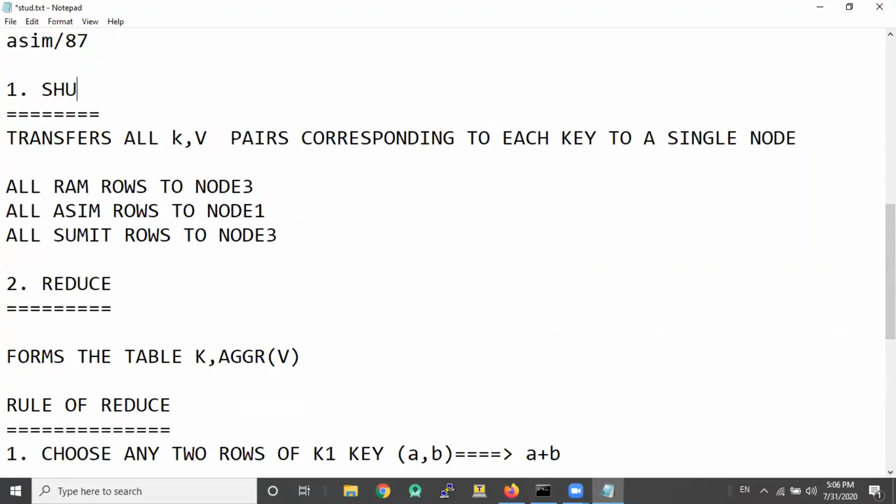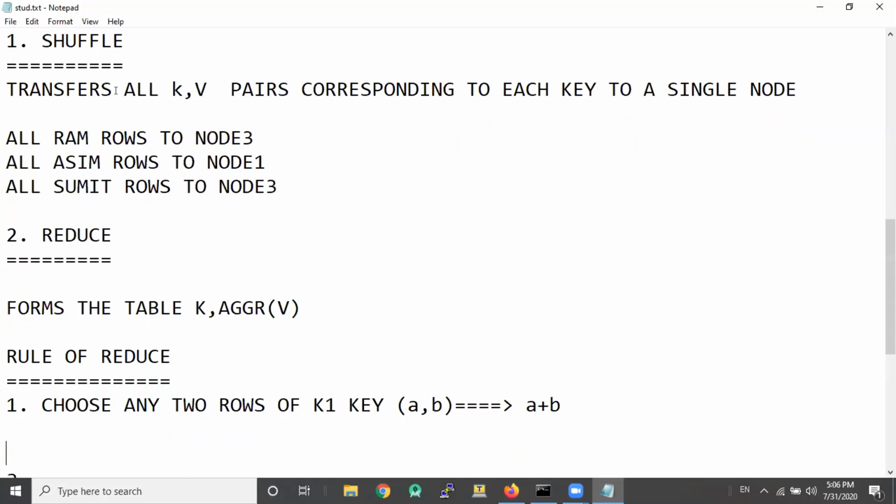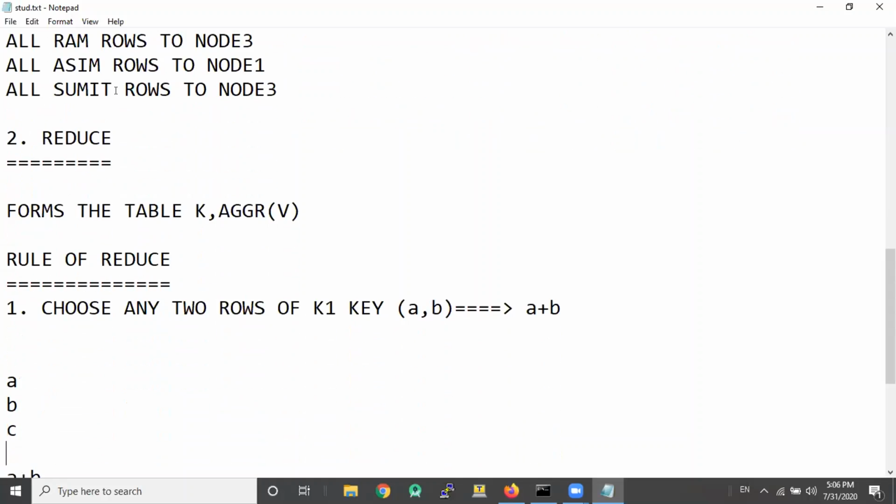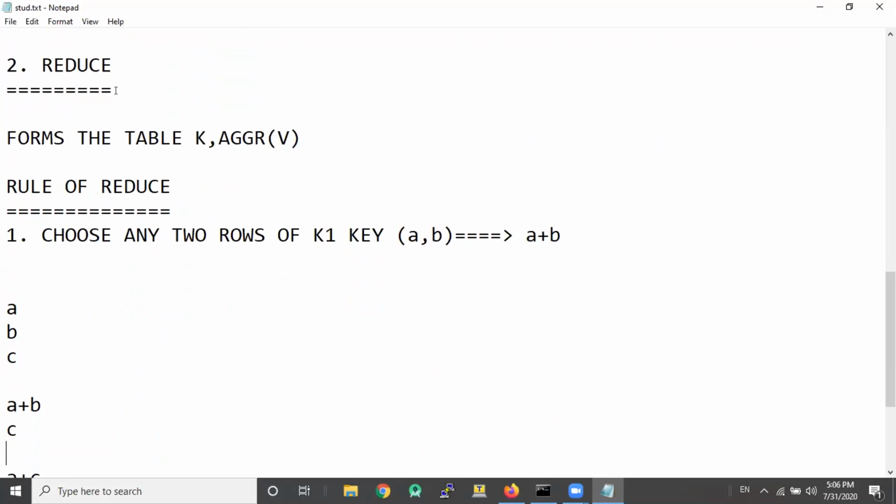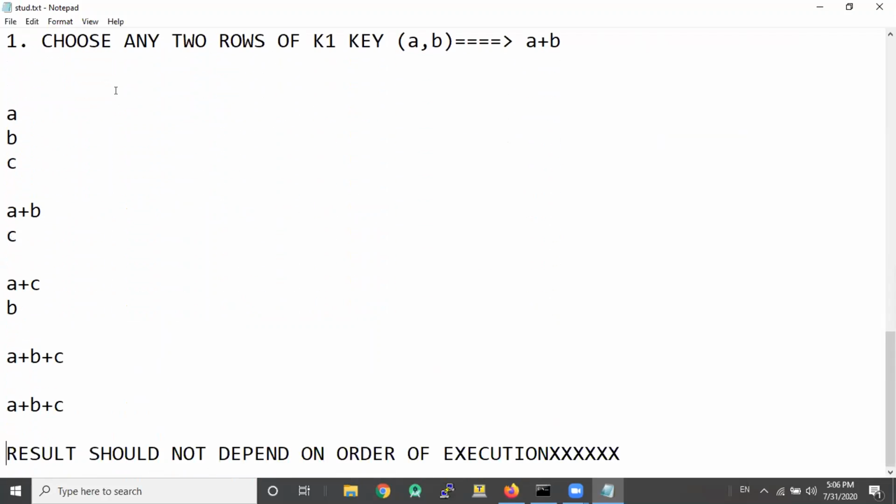So shuffle is basically the operation which is performed to bring all values of a single key to a single node to allow aggregation. Okay. Then after that we have the actual reduce. The rule of the reduce is choose any two rows of K1 key. AB goes to A plus B. So this is how you do the reduce. And we should remember that the result should not depend on order of execution.